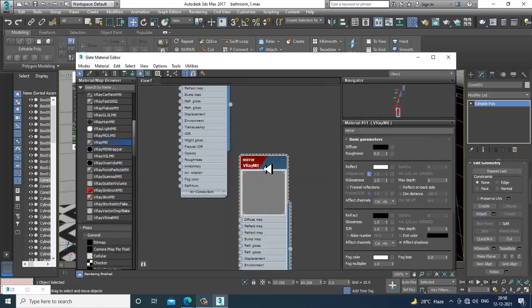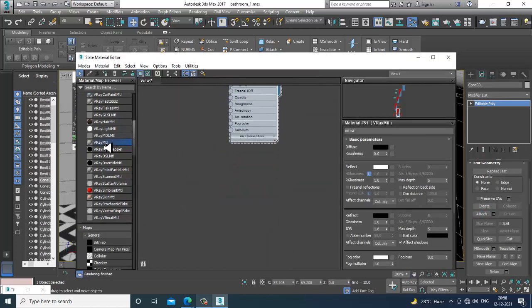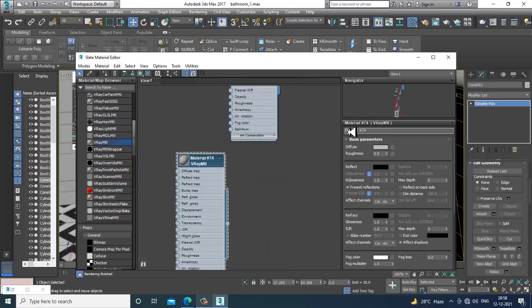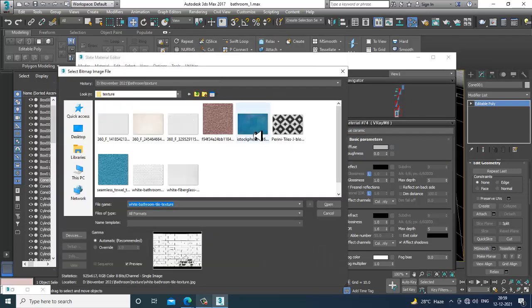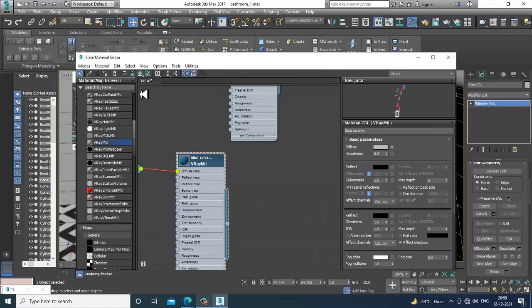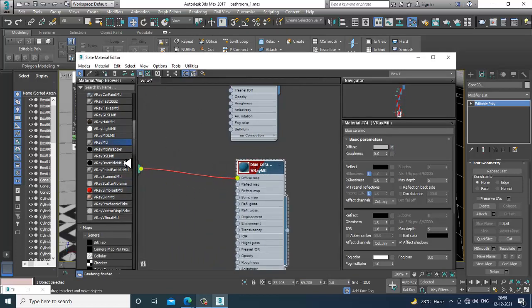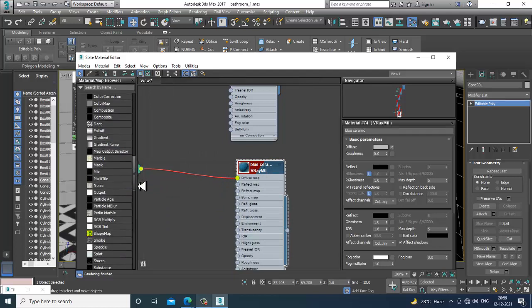I'll go into the material, take a V-Ray material and name it blue ceramic. Go into diffuse, bitmap. I've got one ceramic material, so I'll add it. I'll also add a bit of bump map, adding a bit of noise to the bump map.